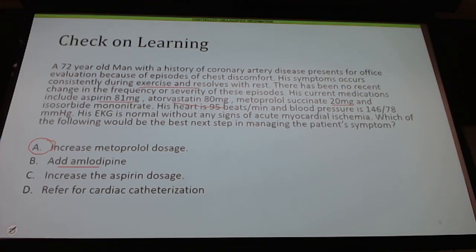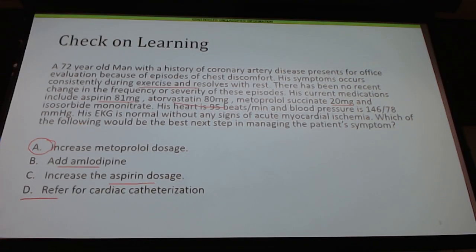And then looking at the other things, so increase the aspirin dosage. There are rarely instances where I need somebody taking more than 81 milligrams of aspirin a day. But yes, in the acute setting, absolutely. But on a chronic daily basis, there are very few instances where you want more than 81 milligrams a day. And then D would be the correct answer if we had max dose regimen. So we were at the max dose of our metoprolol as well as max dose of our statin therapy as well. So that's why D is not the correct answer.